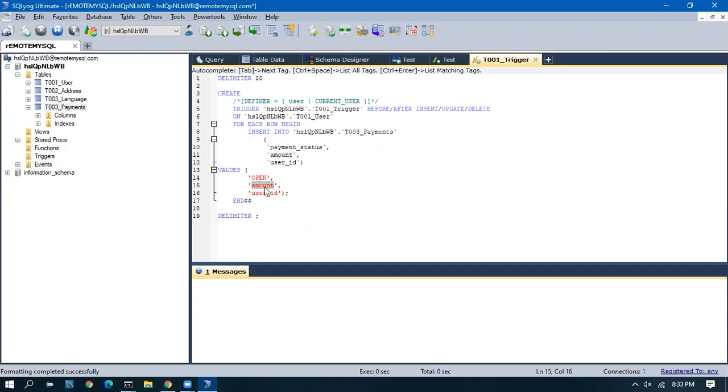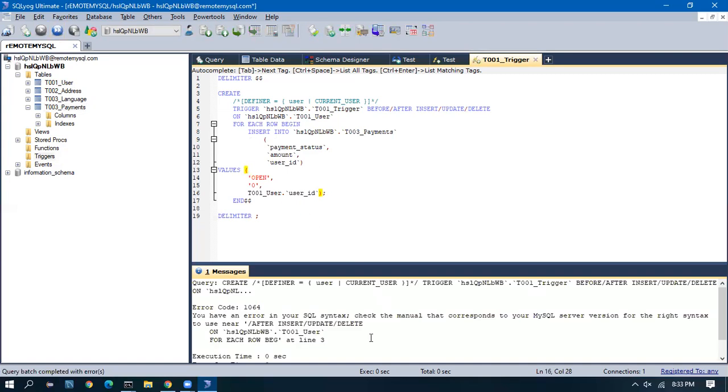Amount, I'll make it as 0. And user ID will be empty. Okay, I'll try this. I'll do this user, not user ID.